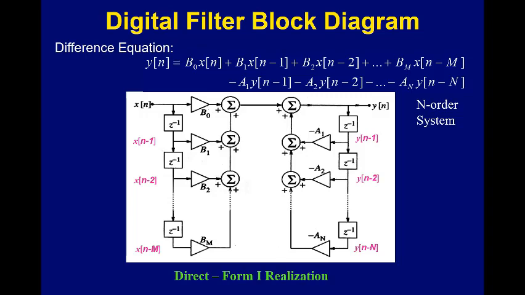Yeah. Is there any specific reason why the a coefficients are designated negative, or is that just a consequence of what it's actually doing in this case? Well, again, when we do it the typical way that we did it in 228, put all the y terms on one side, all the x terms on the other. When we bring these y terms to the opposite side, they get positive coefficients. So that's really the standard form. And this is the implementation version